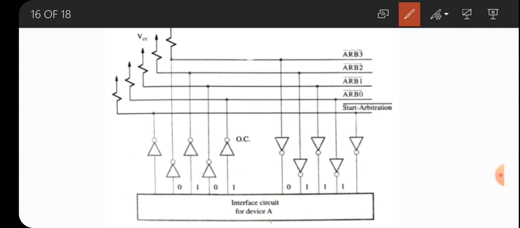So in device B's interface circuit, you will have these lines like this. Okay, 0110 in this place. Each of the arbitration lines will have, in our example, 2 bits connected to it. The next step is that the arbitration line takes the logical OR of all the bits connected to that line. In our example, we have 2 bits connected to each of the arbitration lines, so it will take the logical OR of these 2 bits.